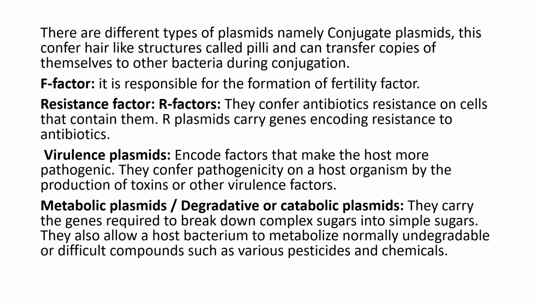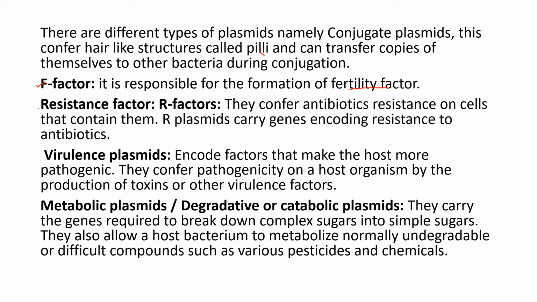There are different kinds of plasmids. The first one is the F factor. The F factor is also called the fertility factor. The bacterium that is carrying the F factor carries pili on its surface and forms a conjugation tube between two bacteria, and it provides one copy of the plasmid to the other bacterium via the conjugation tube. This happens via F factor plasmids.